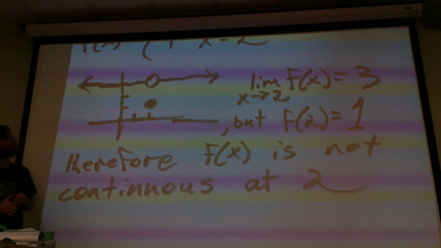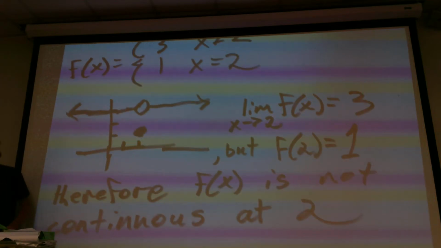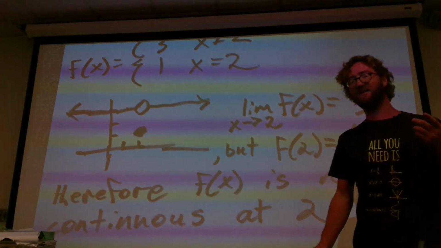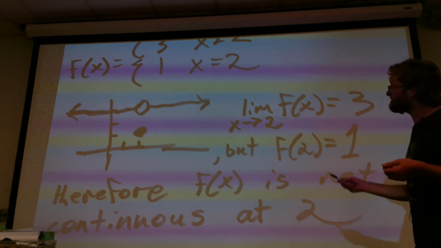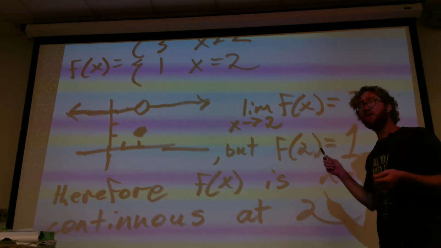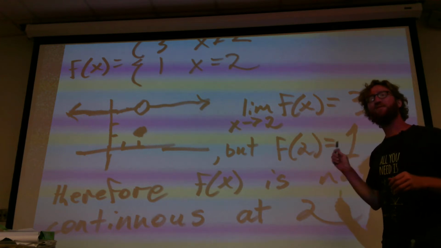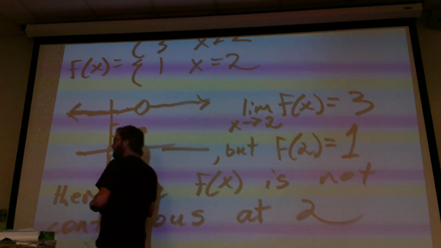Okay. So for a function to be continuous, the limit has to exist and it has to actually equal the function value at that point. Now, in this case right here, this is not that big of a deal. So what this is known as is a removable discontinuity. Okay? So a removable discontinuity, let's classify the different types of discontinuities that we can actually find. So we can have a removable